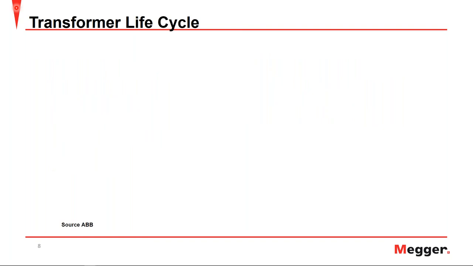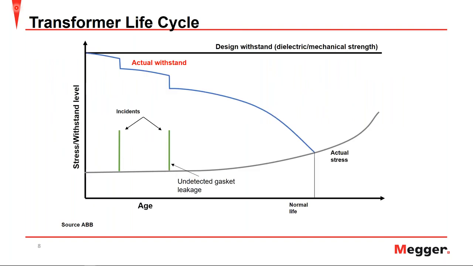Before we jump into power factor itself, let's take a look at a transformer's life cycle, where on the x-axis we have transformers at the age, and on the y-axis we have the stress and withstand level. At the top, you'll see the black bar here that indicates the design withstand of the transformer, and in blue you have the actual withstand here. That shows a decay with the actual stresses shown in gray, as well as the incidences that cause these abrupt decays within the withstand. You can see that the normal end of the life of the transformer is here, but